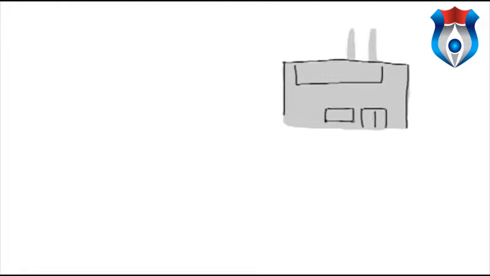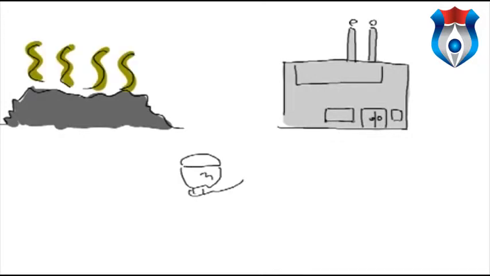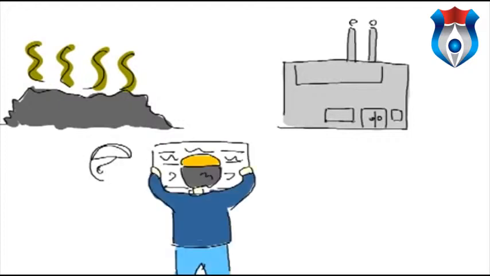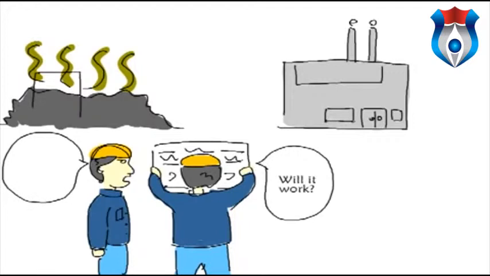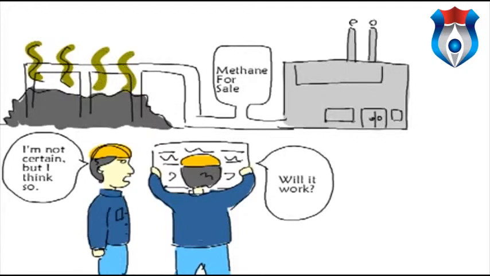To eliminate their greenhouse gas emissions at the first Interface factory, they looked at the city's landfill, which was releasing tons of methane, a greenhouse gas 20 times stronger than CO2. It also happened to be an excellent fuel. If they could find a way to harvest that methane, they would eliminate all of their factory's emissions and save money on their energy costs. They couldn't prove for sure that it would pay off, but their research convinced them that it was likely enough to go ahead. Sure enough, they not only got enough methane to fuel their plant, but enough to sell to other factories, easily paying off their investment.